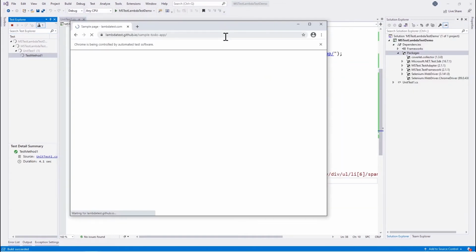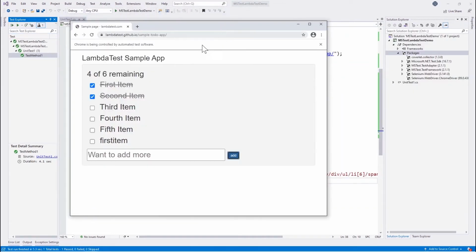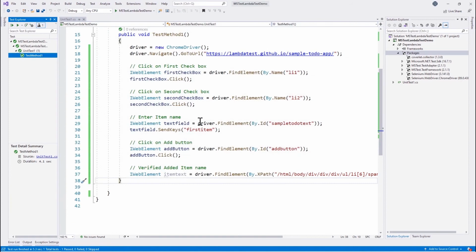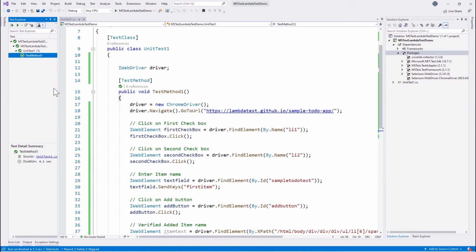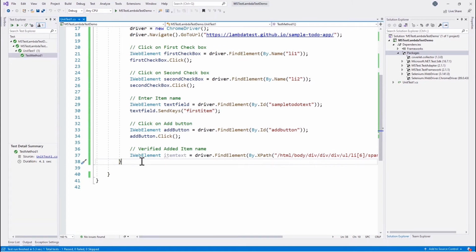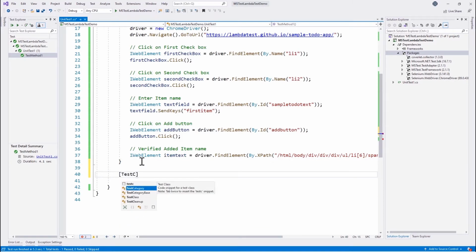So as you can see, it has opened a browser for us, and then it has completed the full test execution successfully. But with the MSTest framework, we can do a lot more things. As you can see, once the test has been executed, the browser was not closed, which means the driver was not quit after the test execution, which we can do using the TestCleanUp attribute of MSTest Framework to do it